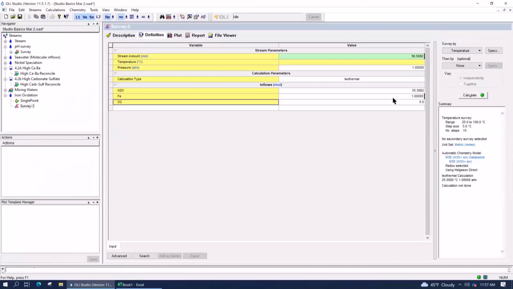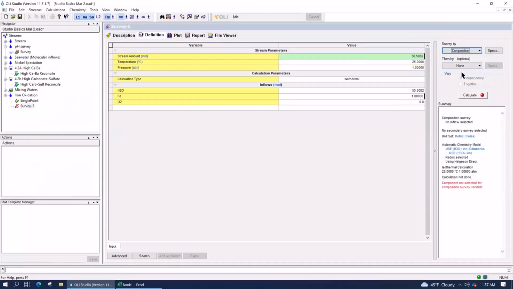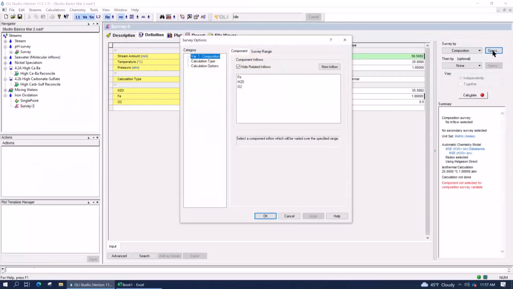The reason I'm telling you that is because let's now do a composition survey. Let's add oxygen in log scale. Let's do it from 0 to maybe 0.8 moles. So change this to composition, go to specs. We're going to select oxygen as the adjustable parameter.